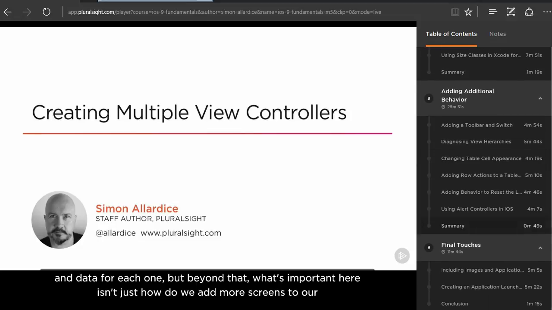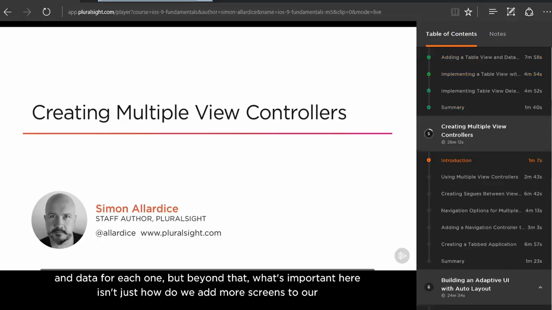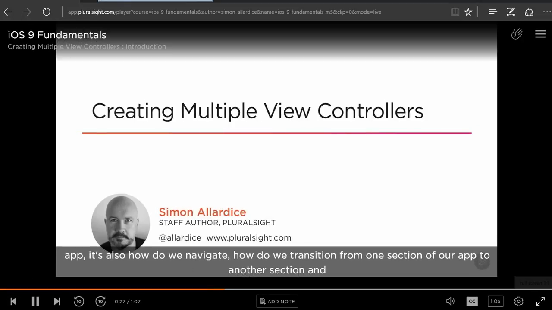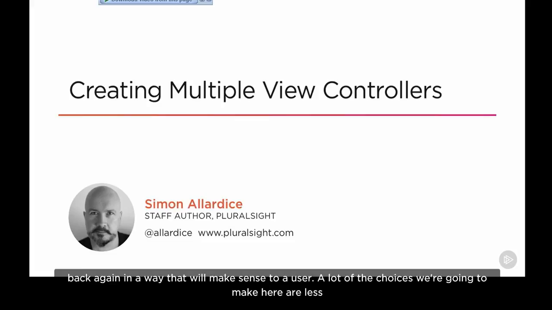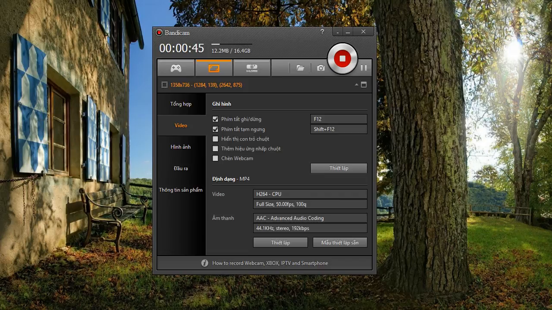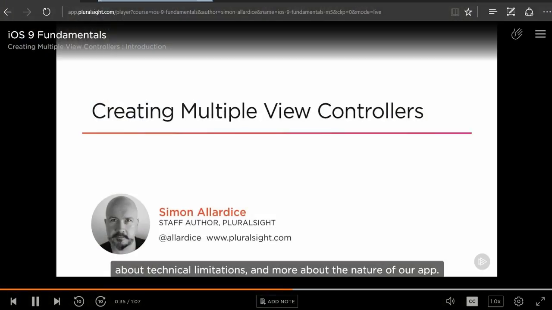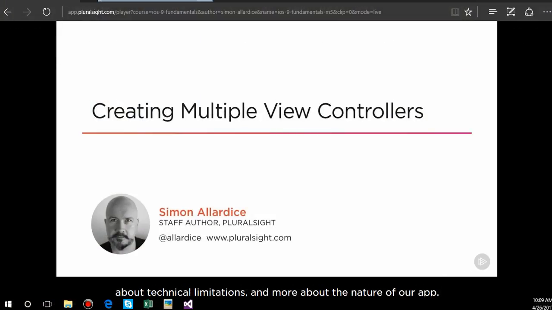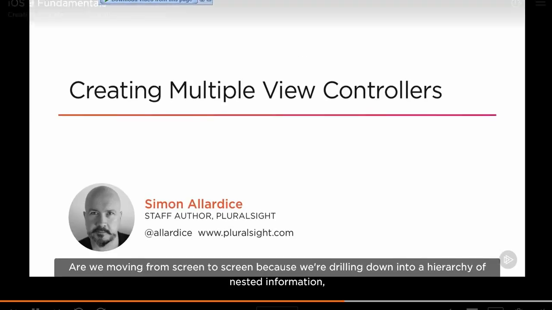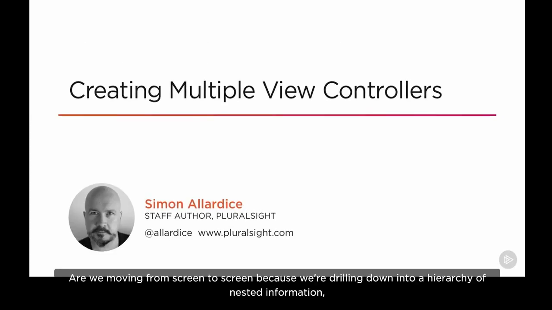But beyond that, what's important here isn't just how do we add more screens to our app, it's also how do we navigate, how do we transition from one section of our app to another section and back again in a way that will make sense to a user. A lot of the choices we're going to make here are less about technical limitations and more about the nature of our app. Are we moving from screen to screen because we're drilling down into a hierarchy of nested information, or is it just because our app does 5 very different things